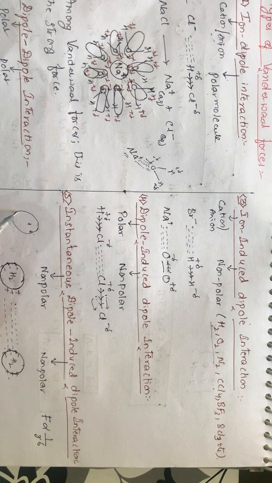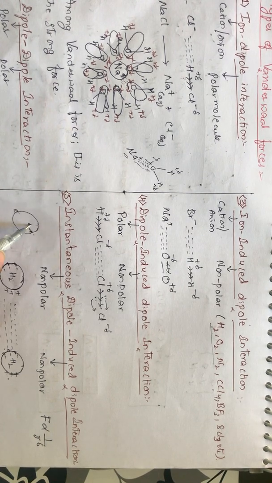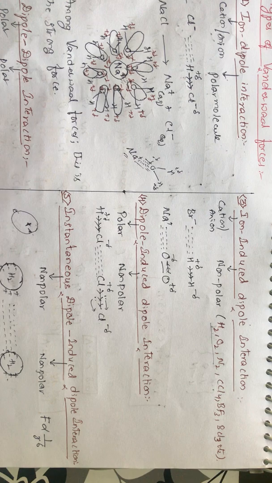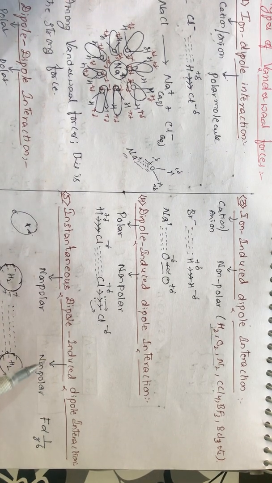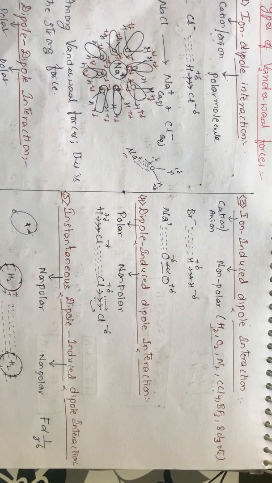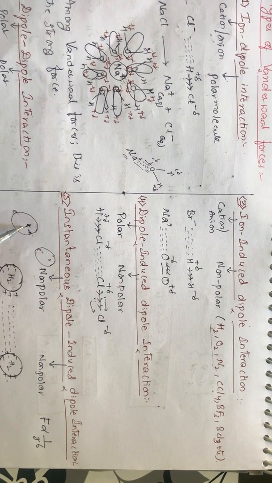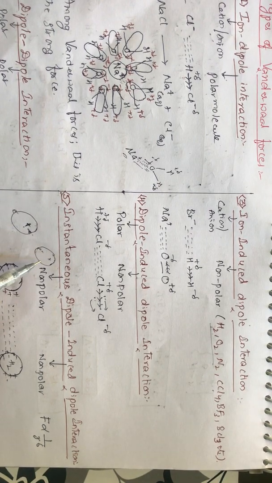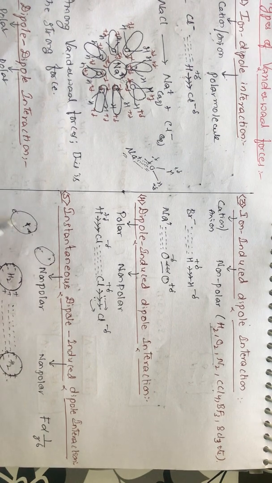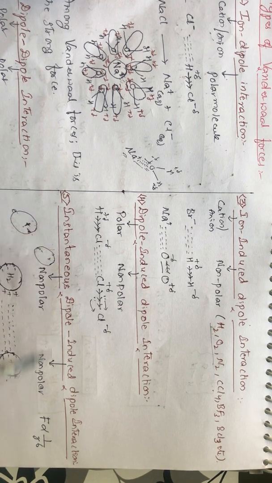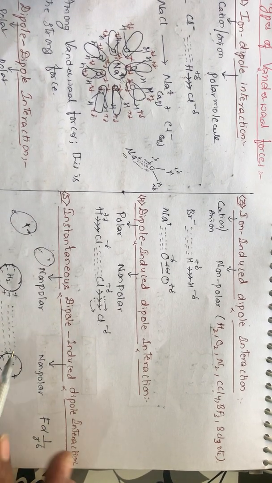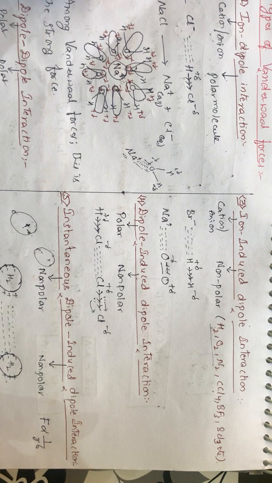If the electron moves away from the nucleus, what happens? Somewhat positive charge is developed here. The electron has gone here, so in a fraction of a second, this molecule makes the other molecule asymmetrical. So the other molecule will become like this. This positive nucleus will attract the electron of the other atom which is non-polar. So for a fraction of a second this one has attained the charge, and it is introducing charge into this one. So there develops a force of attraction. That force is called London dispersion forces, or van der Waals forces, or London forces.